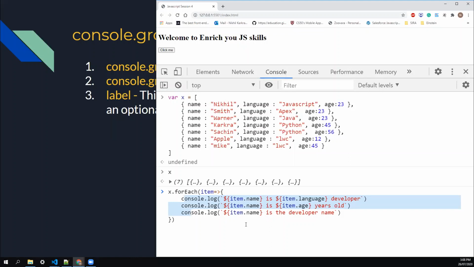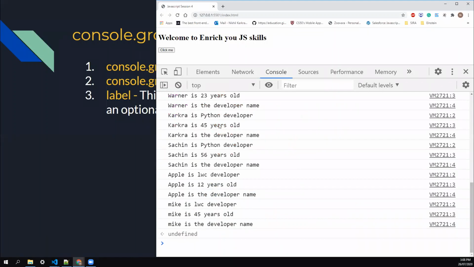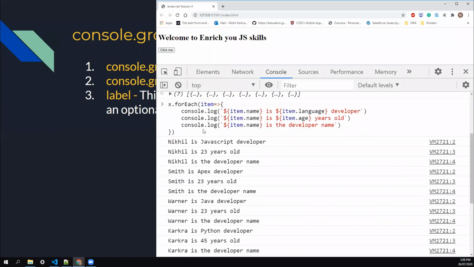So if I hit enter, now you see it's very tough for us to read when we are logging within the loop. And I especially want to group each 3 times. Okay, these are the first, these are the second, these are the third. I want a way by which my readability within the loop should be very good. To solve this issue, we have